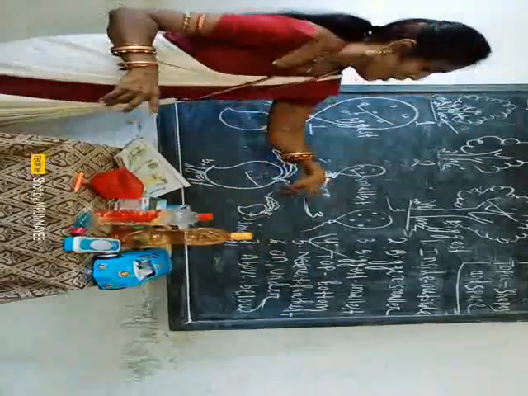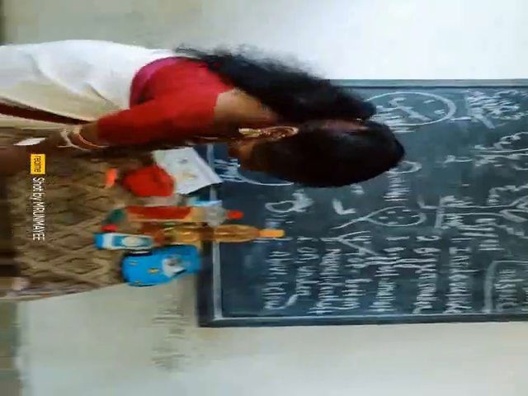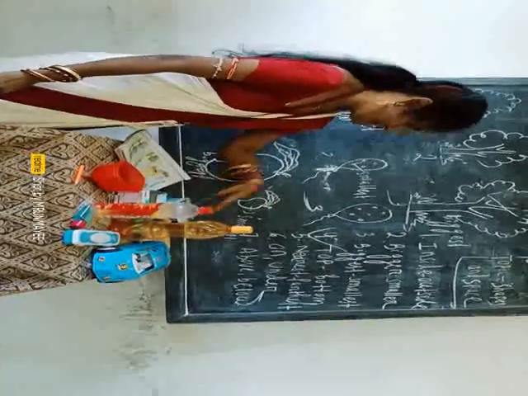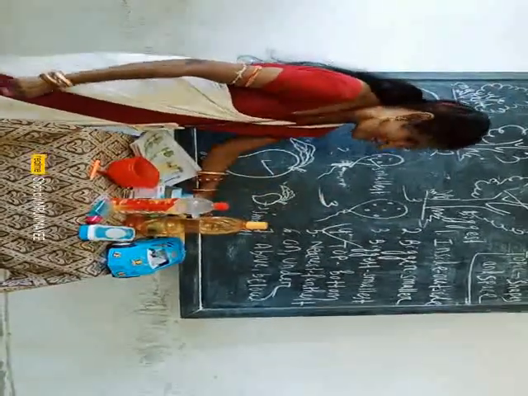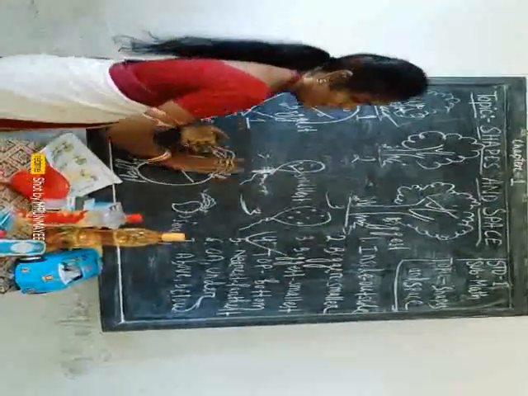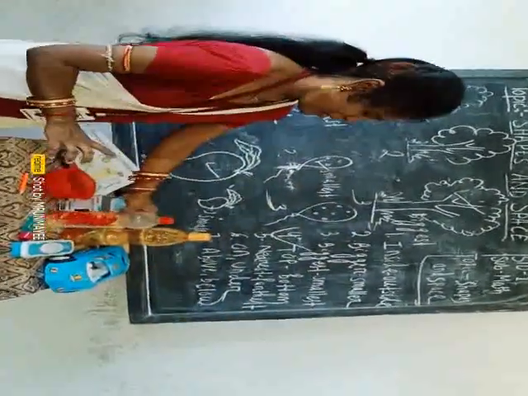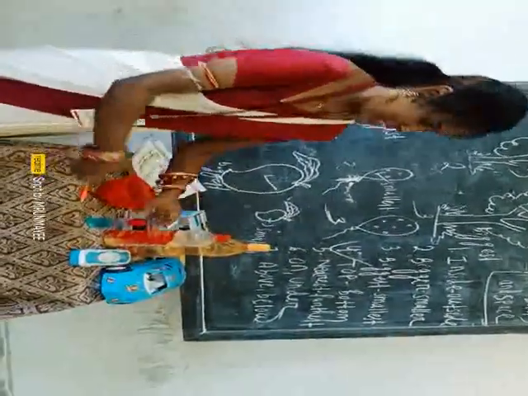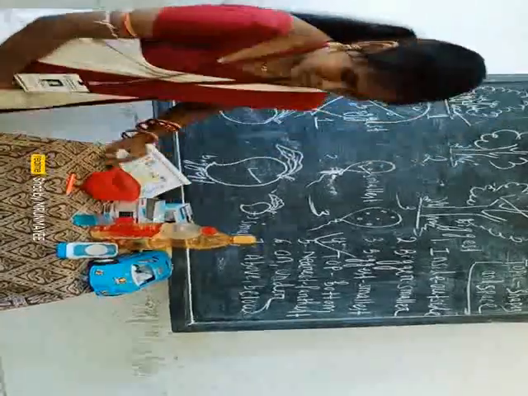Okay, now under the table you see I have kept one duster. That is known as under the table. So you know, always the cat is on the table and the rat is under the table. Why? Because the cat and the rat are great enemies. Tell me now, where is this sanitized bottle? The sanitized bottle is on the table. Now where is this sanitized bottle? This sanitized bottle is under the table.